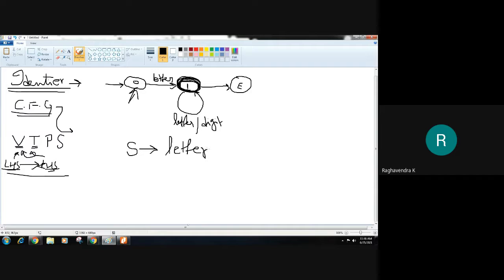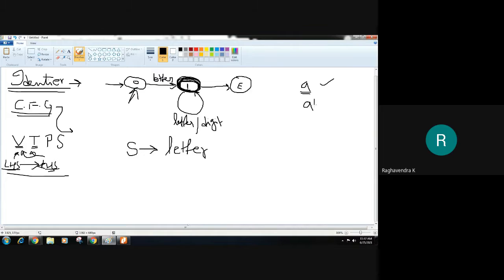Let us just use some small letters here. So it should be a letter, for example, A. Is this an identifier? Yes, it is an identifier.